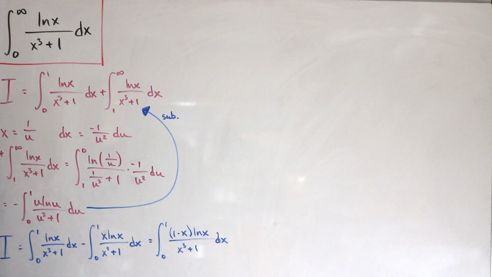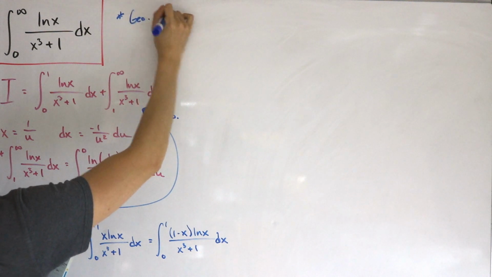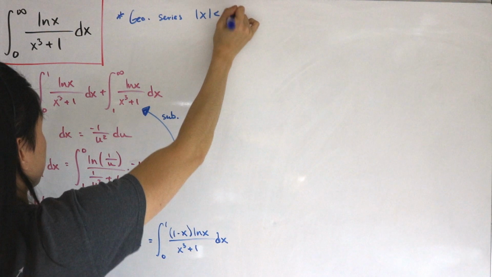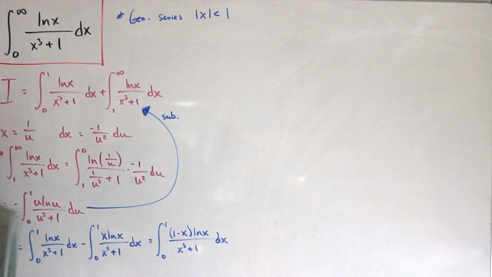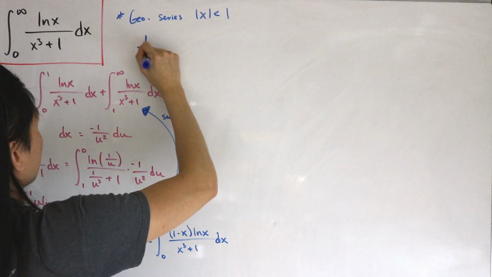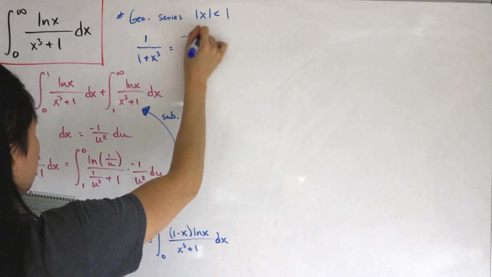Here's a challenging integral that we're going to be dealing with. Let's note that we're going to apply a geometric series here. This is for x, the absolute value of x being strictly less than 1. What we can do is write this as 1 divided by 1 plus x cubed, and we know that that's the same thing as the infinite sum